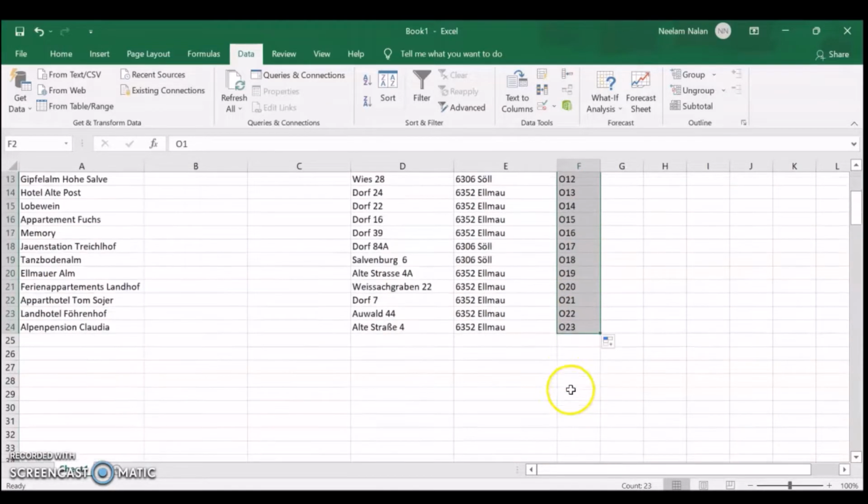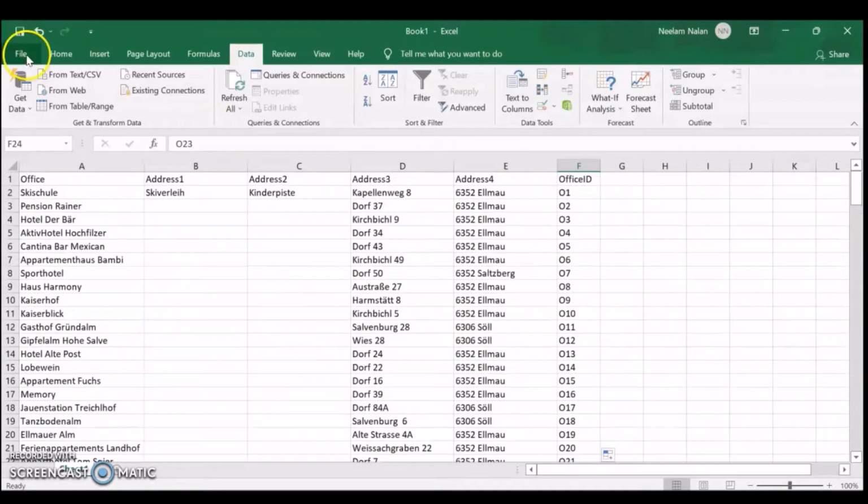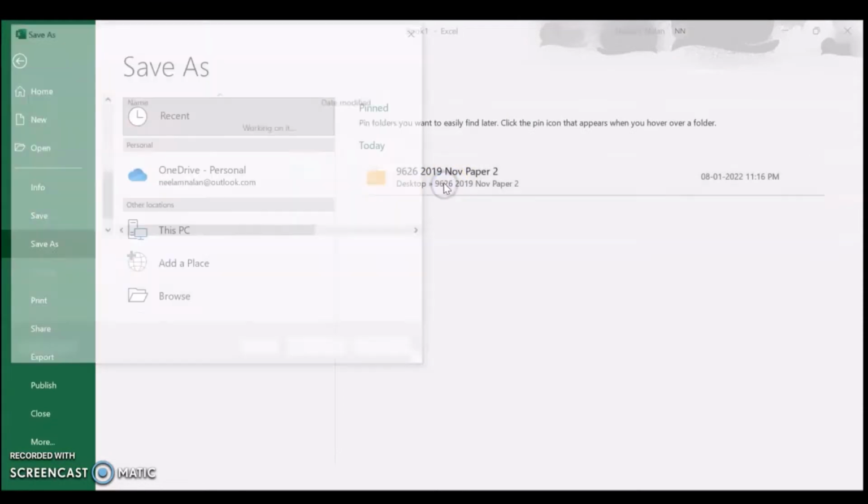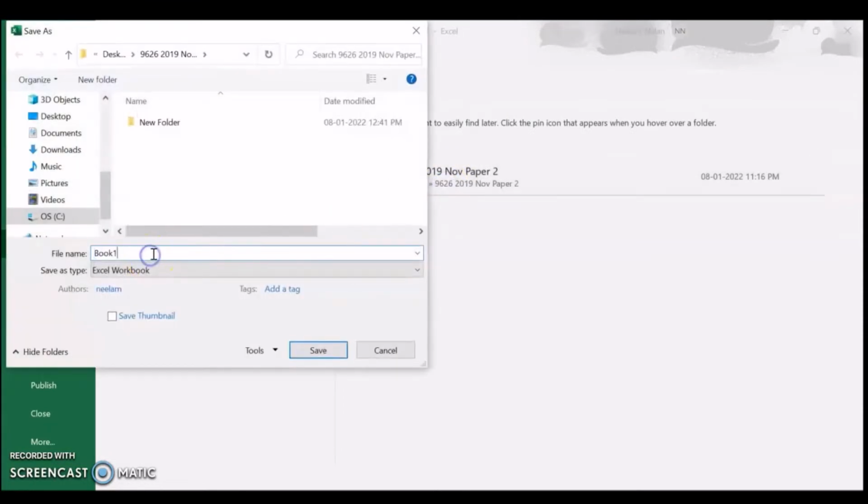Now this table is complete. We have all the office details here, plus we have a primary key as well. We'll save this file as office. Make sure the file type is CSV because we have to import this data into a database package. Here I'm going to use MS Access.